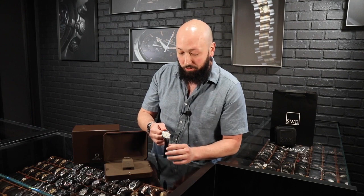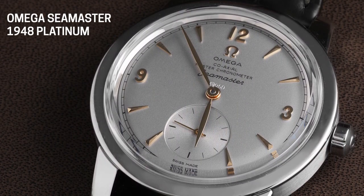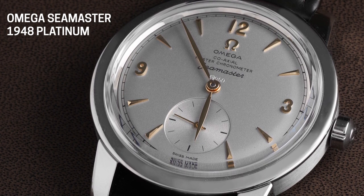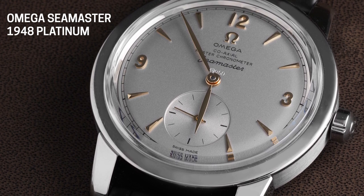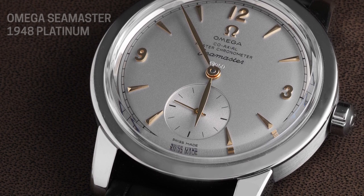In 2018, it was introduced both in stainless steel, which is a bit more common, but this is the Platinum Edition, limited to only 70 pieces and at a very, very hefty MSRP, especially from Omega. You can tell this is going to be the cornerstone of anyone's Omega collection. And for a lot of reasons, this is a fantastic watch, not just aesthetically, but we will go ahead and